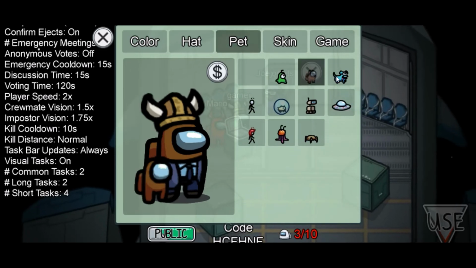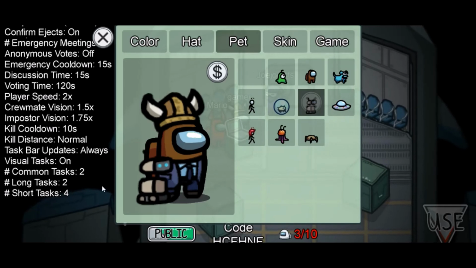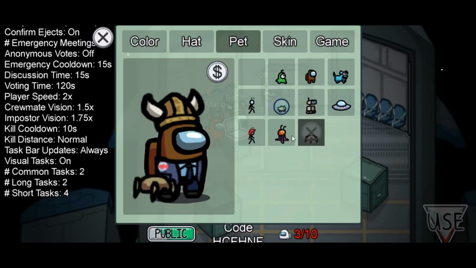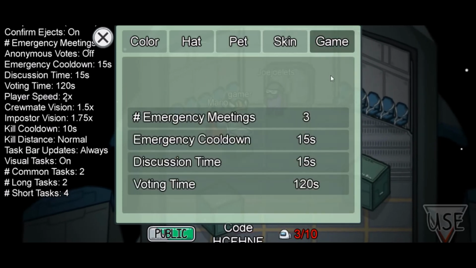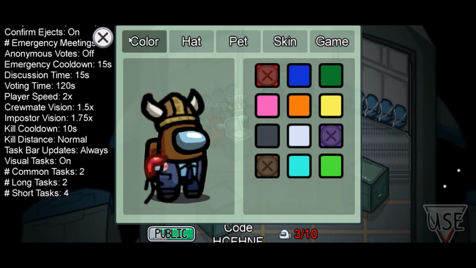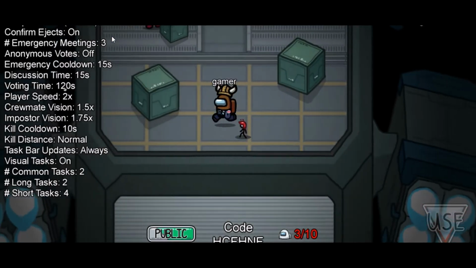This is the mini crewmate, the dog, the UFO, Wall-E. This looks like Wall-E, and a spider, alien. Everything is here: skins, pets, hats, colors are obviously here, and you can move just fine.